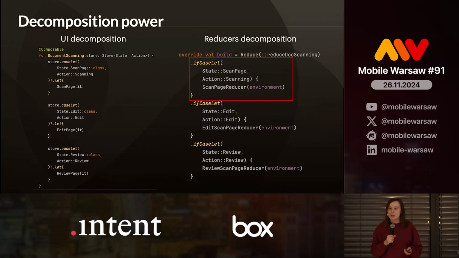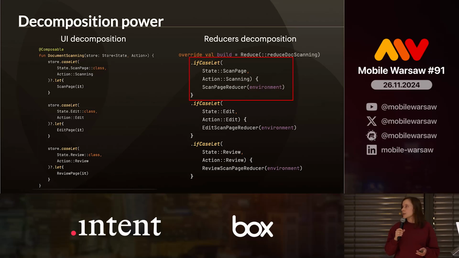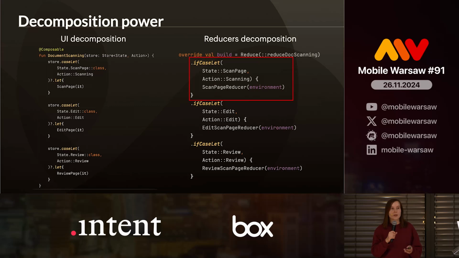It works very similarly on the reducer side. We have a document scanning reducer that has its own logic, but also is composed out of reducers of these smaller sub-features. Here we can see how we can add the scan page reducer that works on the smaller scan page state